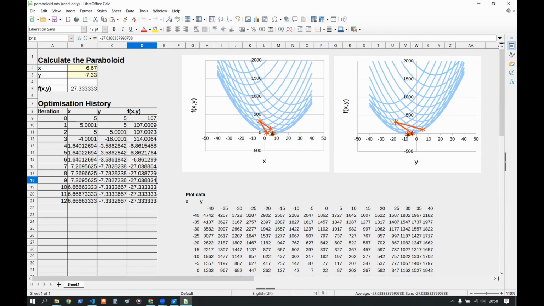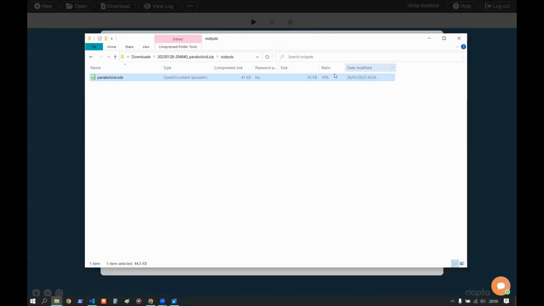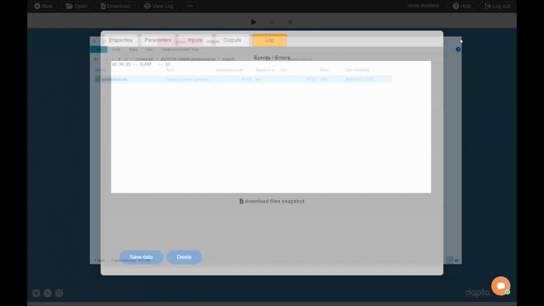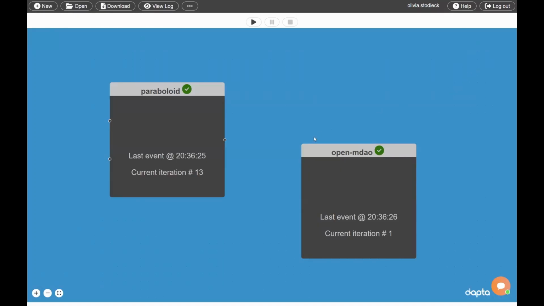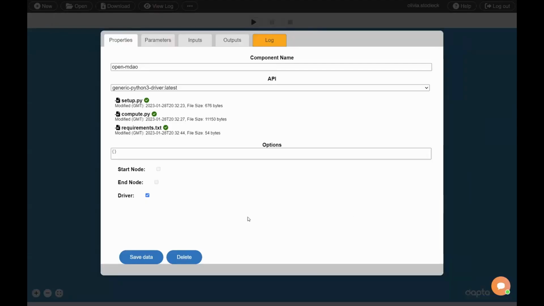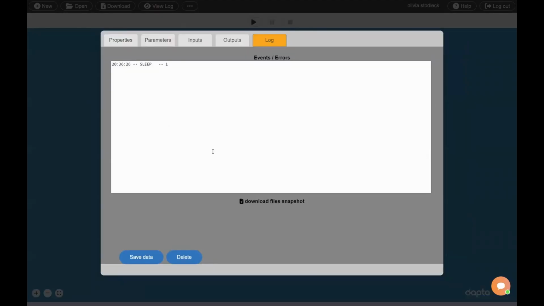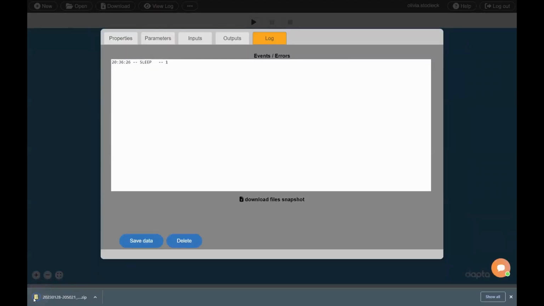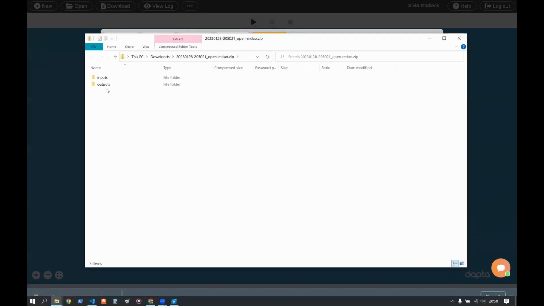This is why this looks a little bit unsmooth. But if we close this down again, we know that we had 13 iterations of our paraboloid component. So that's shown here. If we now go into our OpenMDAO output, we can do the same thing, download that,